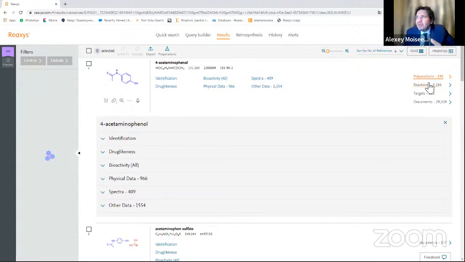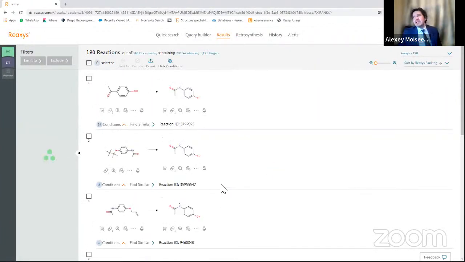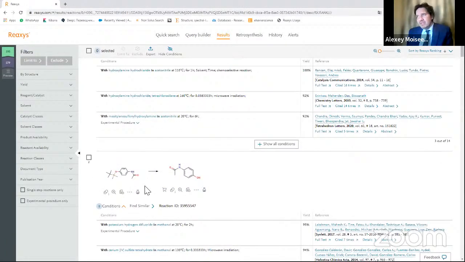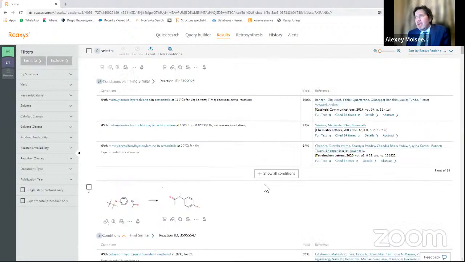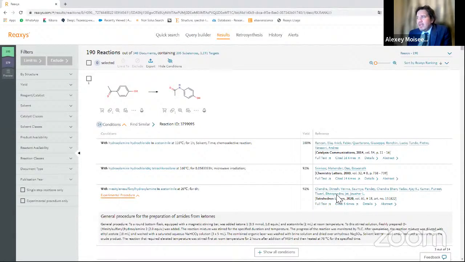If you're planning to create a synthesis of this material, in Reaxys you will find immediately a lot of ways of synthesis of paracetamol, and you can immediately find the experimental procedure extracted from full text.